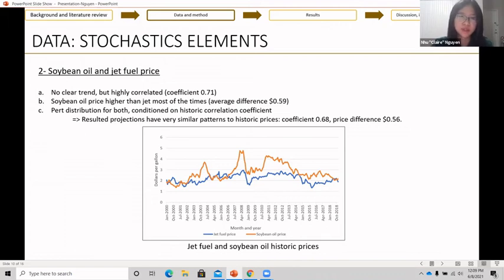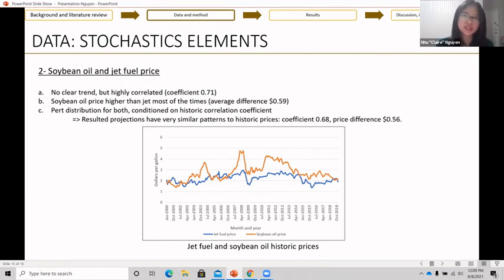And we applied the first distribution that we found for both historic price series on the forecasted price series for both of them. But we also condition on the two forecasted price series to have a correlation coefficient as close as possible to the historic correlation coefficient of 0.71, and